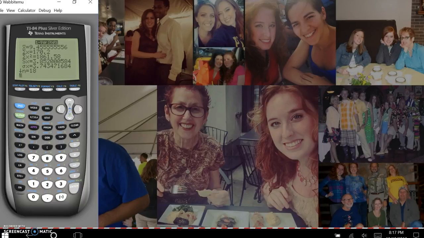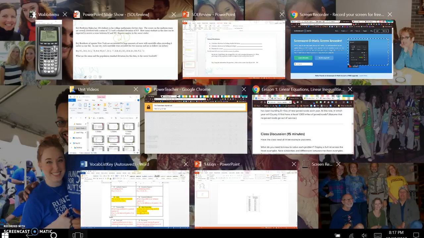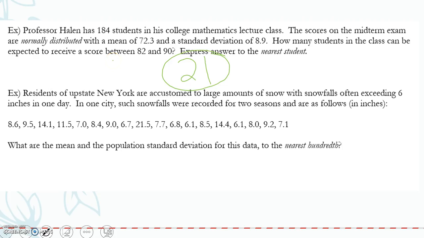Brings up this menu. So the first one at the very top is the mean. The sigma with the hat is the standard deviation. And if it would ask for the median, I would go down, and there's the median right there. But this is just asking for the mean and standard deviation. So the mean in this case, to the nearest hundredth, is 9.5, and the standard deviation